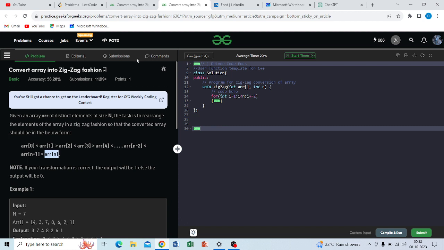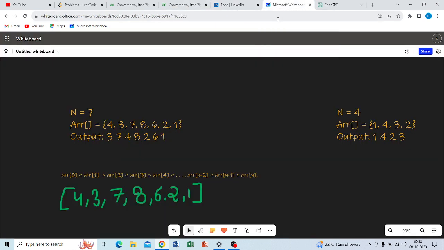now we will discuss the problem example, and here is the example where the length of this array is 7. Okay, and this is our given array which has size n. Okay, and now what we will do, we will simply convert this array into this form, which satisfies our condition. Okay, so now how can we solve it,